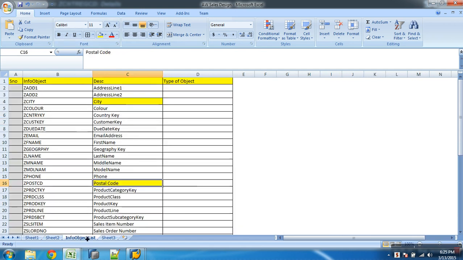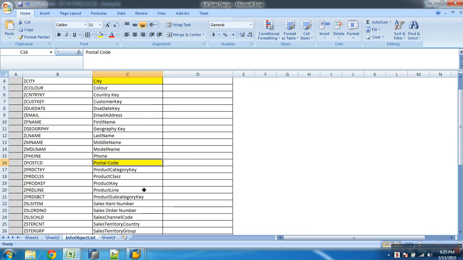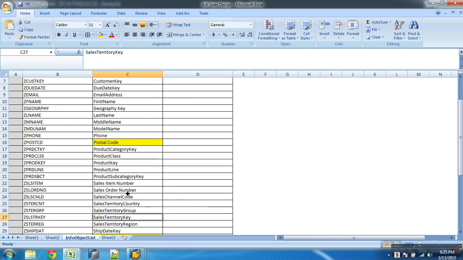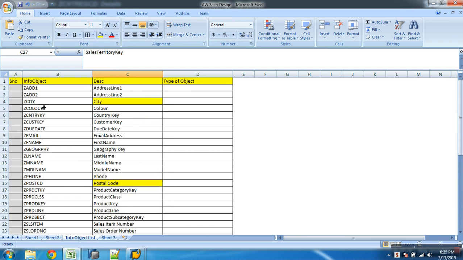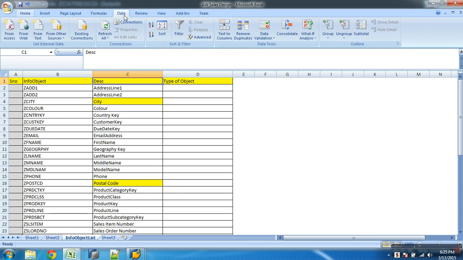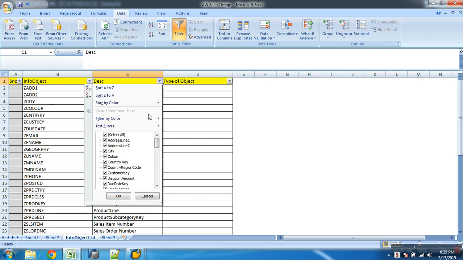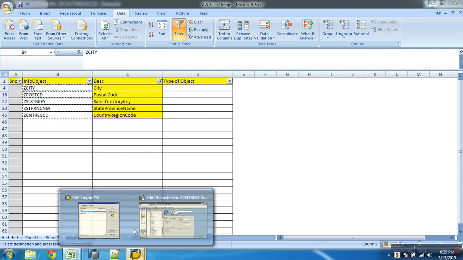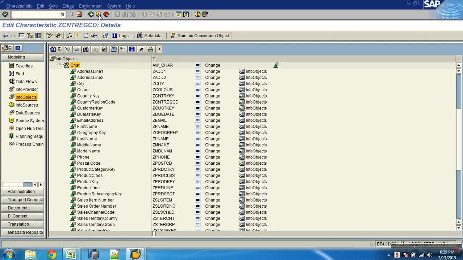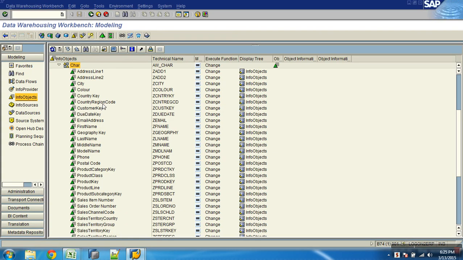Sales territory key. So this is what I wanted as attributes there. So these are the InfoObjects I actually wanted. Can I use them? Let me just copy this. All this should be attributes of what? Geography key.